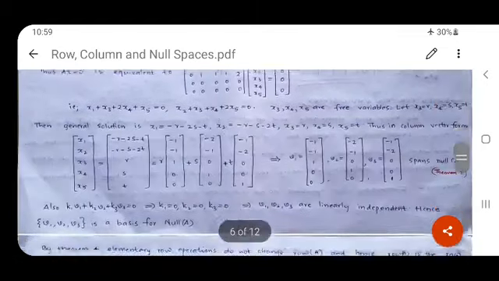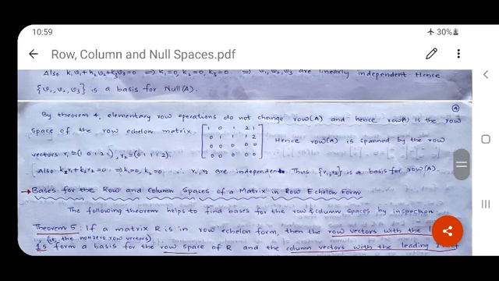matrix A. Again, the fourth theorem says that elementary row operations do not change the row space of A. So the row space of A is equivalent to the row space of the reduced matrix. Therefore, the last two rows are zeros, which means the row space of A is spanned by the row vectors